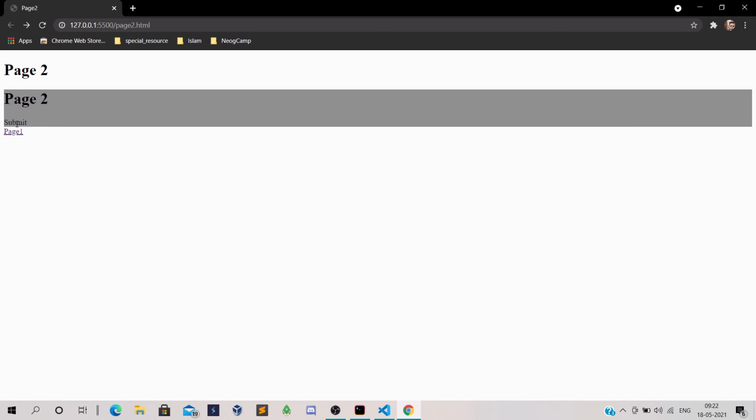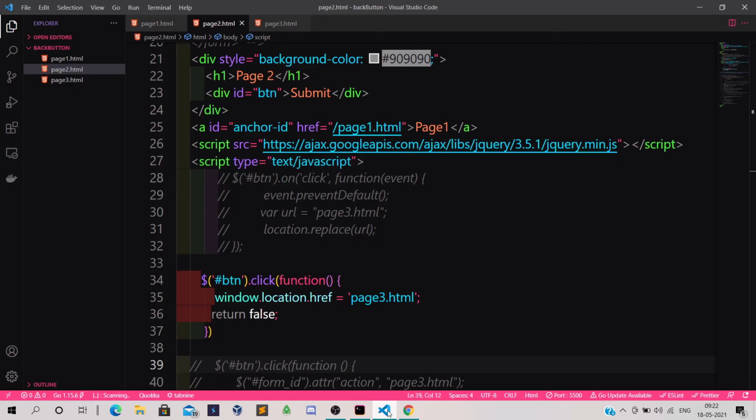See, this is a text, it is not hovering over it. If I click on that submit text, it will redirect to page3.html. So yeah, you can do this also. Apart from the anchor tag and the form, you can also redirect the page using only a text with jQuery.